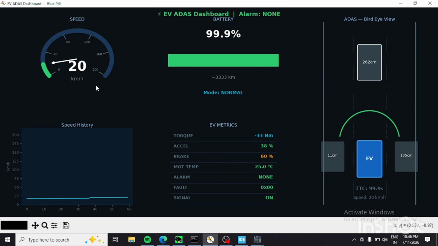On the upper left, we have a circular speedometer gauge displaying the live speed, which is currently at 20 km/h. Directly underneath, the speed history graph plots the speed waveform against time dynamically to track continuous acceleration patterns. Battery status